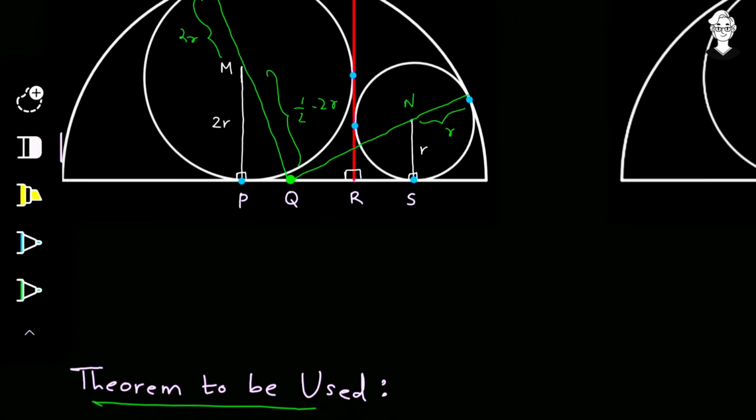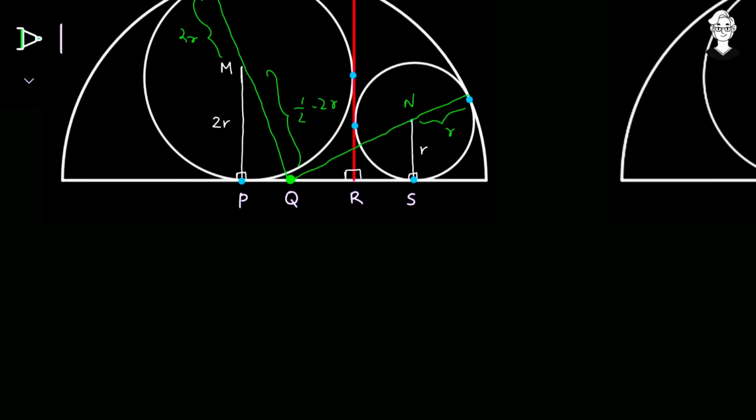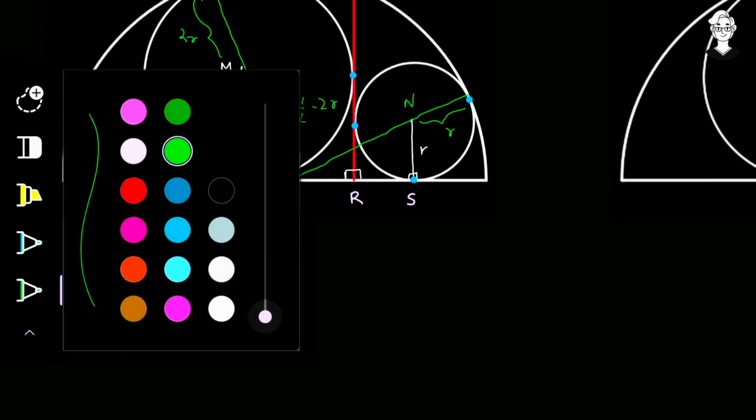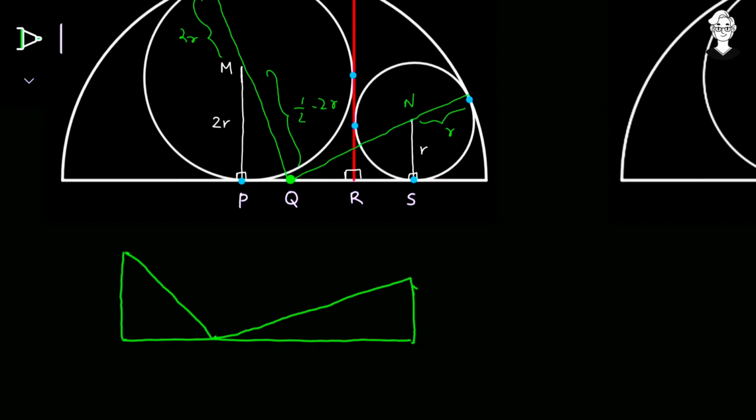So I'm just removing the theorem from here because we need some space. What is there over here is a perpendicular. I'm just making it a little bold. Yes. So we have a perpendicular, that is MP. Then there's a straight line, and again a perpendicular, that is NS. And from here to here we have a line segment, and from here to there we have a line segment. So these are the two perpendiculars because they are tangent. The points are P, Q, and S.